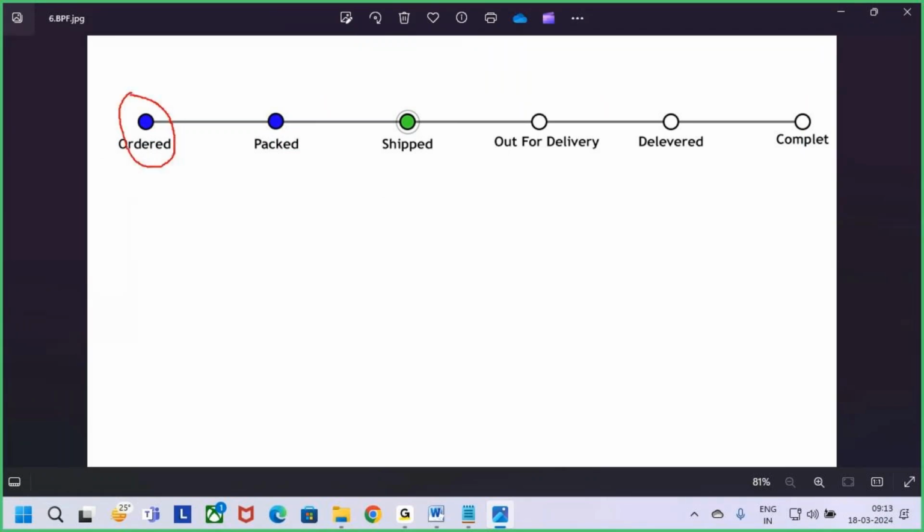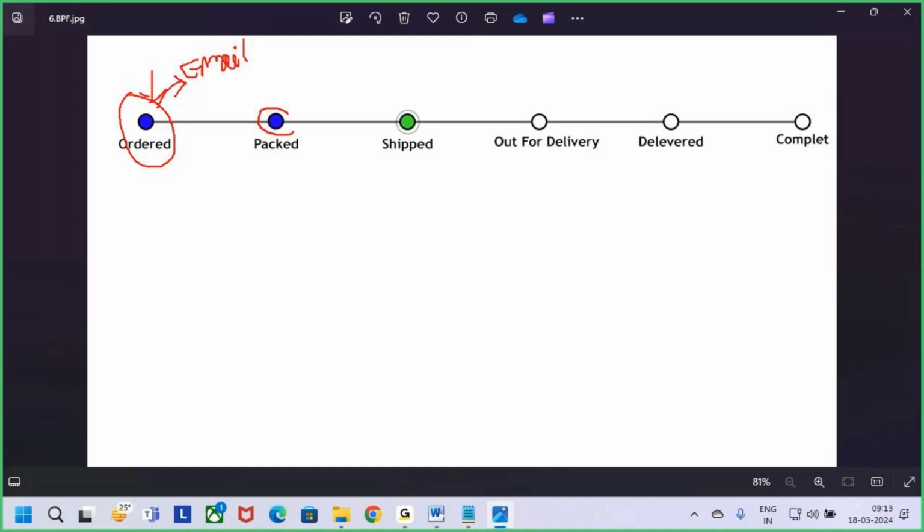So where will the workflow start? The workflow will start from placing the order. Who will place the order? The customer will place the order. Whenever the customer places the order, what does Amazon need to do? Amazon needs to send one email to that customer. Now once the email is sent after placing the order, next